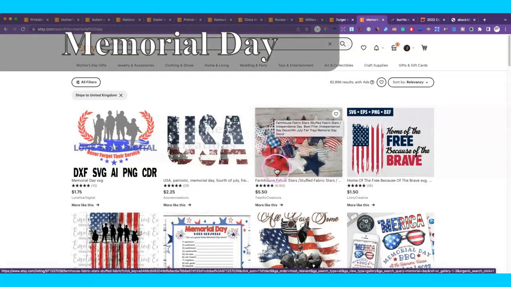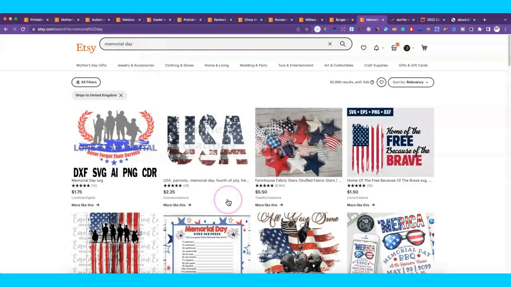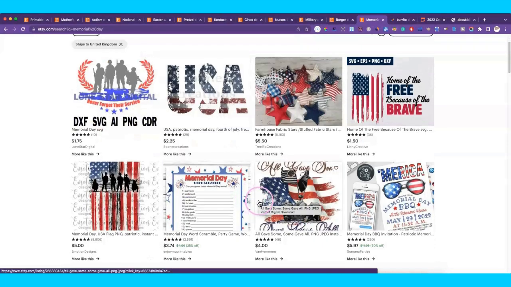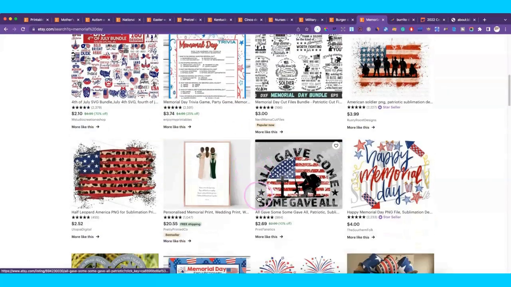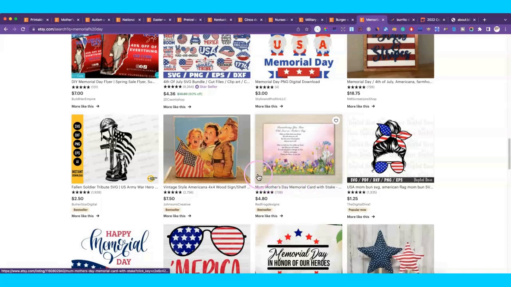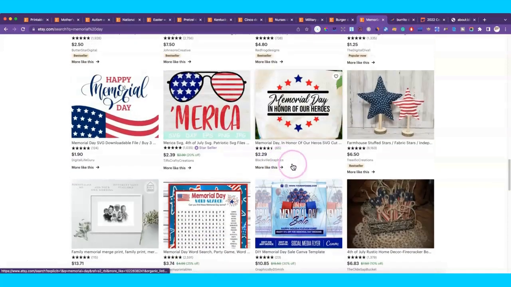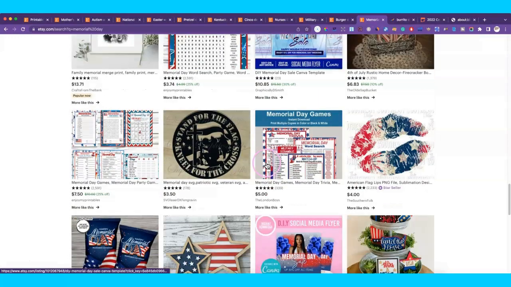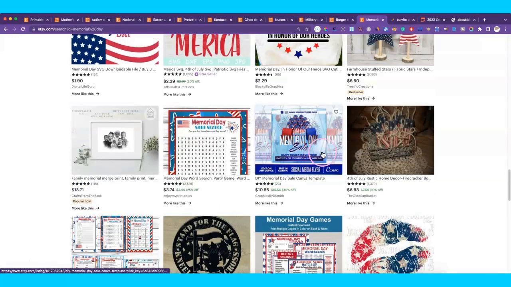And there's a lot you can do with Memorial Day as well. Of course, you don't want to just sell it with Memorial Day again. You want to try to niche down if you can. But there are Memorial Day celebrations. And so I'm sure you can find something if you scroll through here that you can create yourself. Word searches. If you want to do a word search for any of the categories that I mentioned before, I